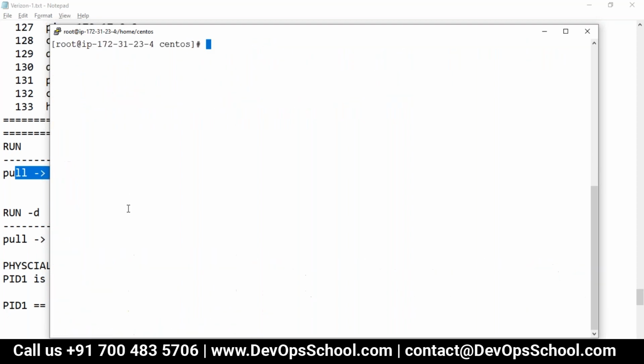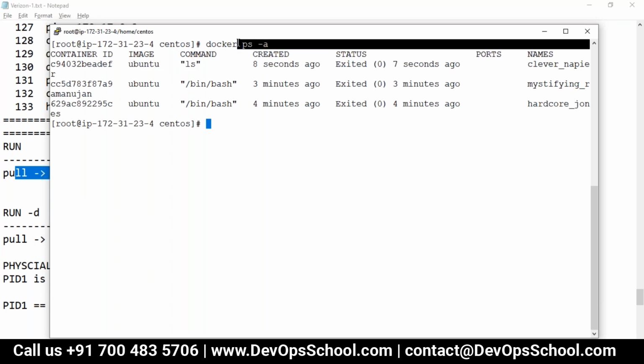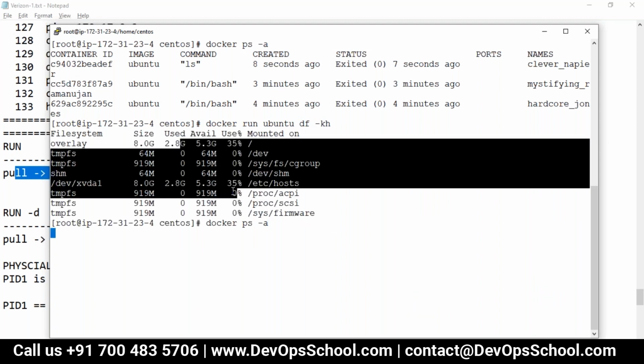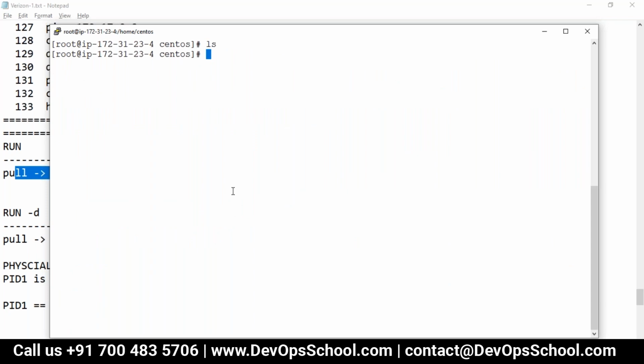Look at the beauty of this. It completed your work and then exited. You want to do something else? df -kh. You can run any script, complete the work and then exit. So these are the base images you use for running some applications quickly, not to hold and waste resources. See, think of Jenkins this way. You want the root file system for running some applications. You run the application and you want to clear the CPU, RAM and stuff like that. The images have been designed like that.